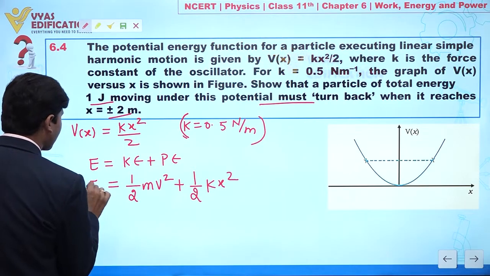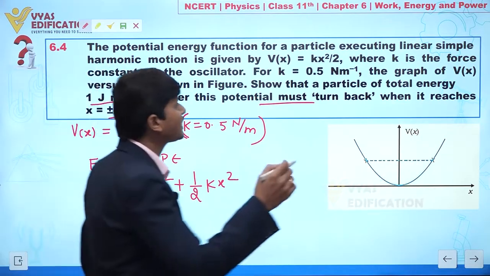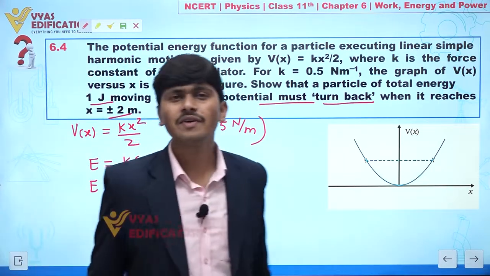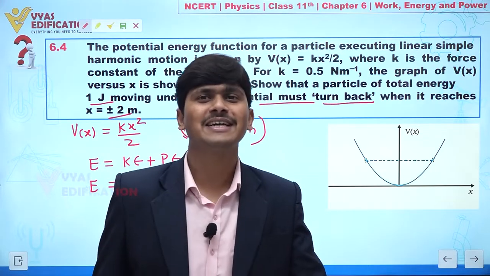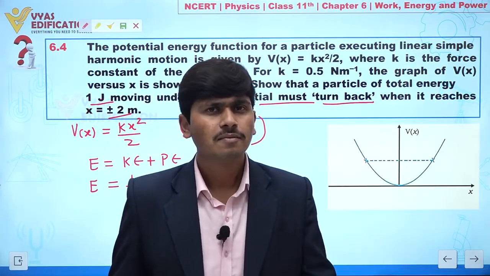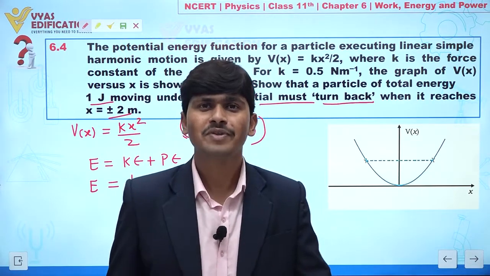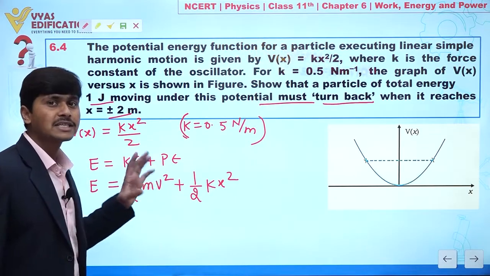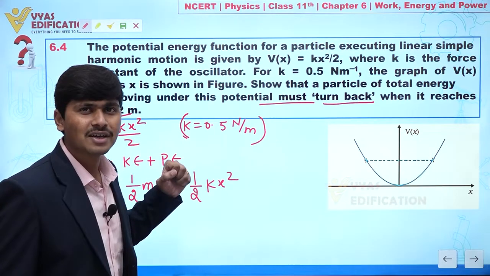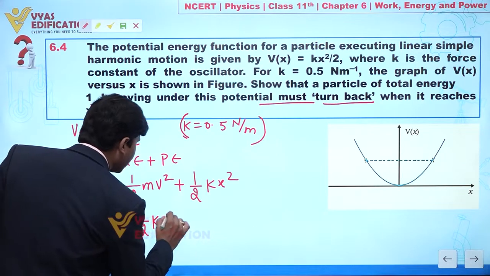Clear? Now in this question it is given a particle is having total energy 1 joule when it turns back. Turns back means, we can say, because this is an oscillator, in oscillation we will find particle velocity 0 at extreme positions, x equal to minus a, x equal to plus a. Clear? But at that time velocity is 0 but acceleration is maximum. Clear? So if we talk about velocity at extreme position, velocity is 0, it means kinetic energy is 0. Clear to everyone? Yes. So total energy is 1 joule, and this is given by 1 by 2 kx square. Clear?